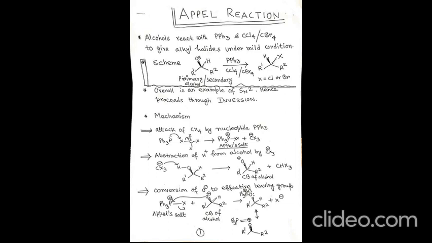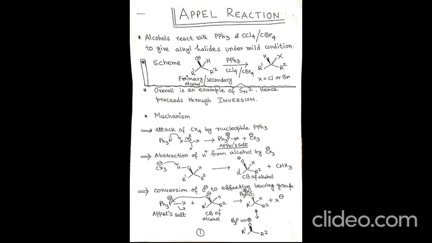I mean the O minus attacks the P plus center of the Appel salt, and in this way the O minus gets converted into an effective leaving group. Now this is a resonance stabilized